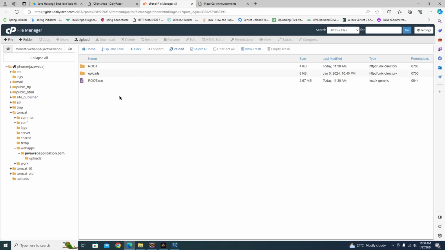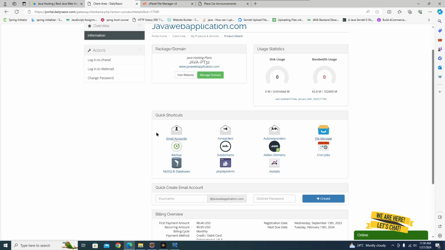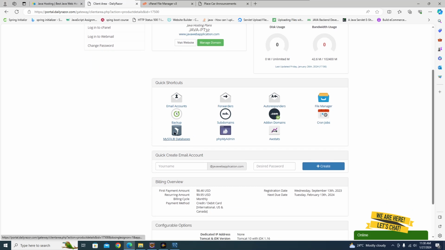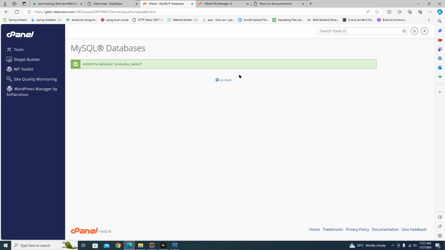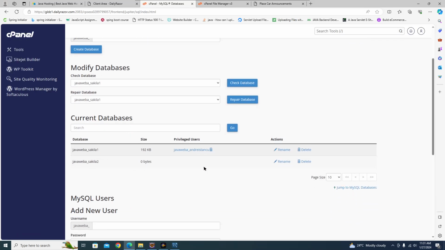If you also want to connect a database to your application, you have to go back to your hosting plan, click here on MySQL databases, and click here. You have to create a new database, and you can use whichever name you want. You just click here, create database, and go back, and now the database is added here. You can rename or delete it,